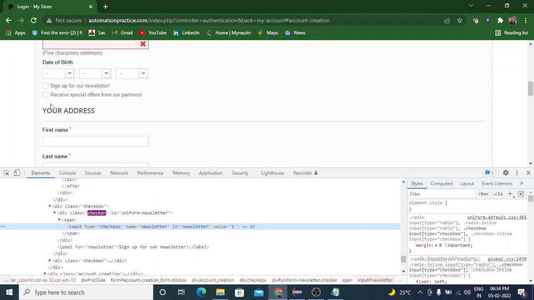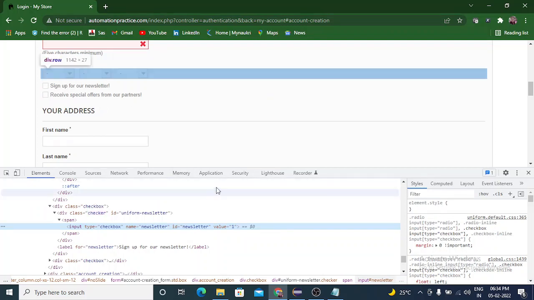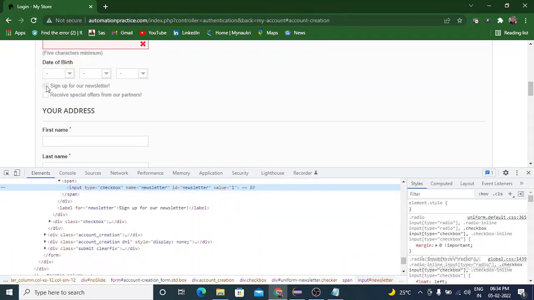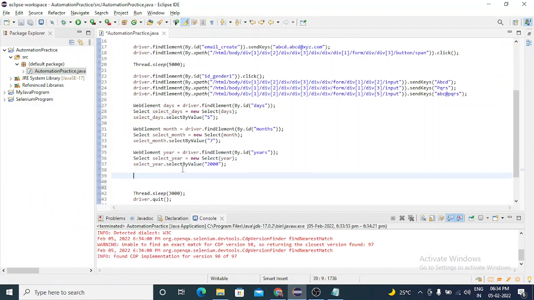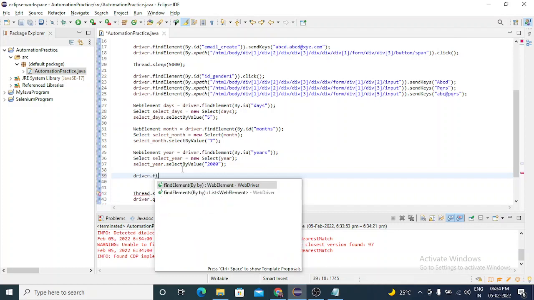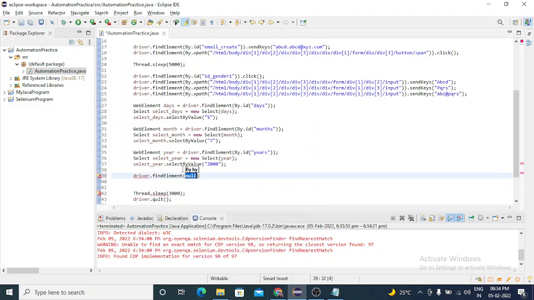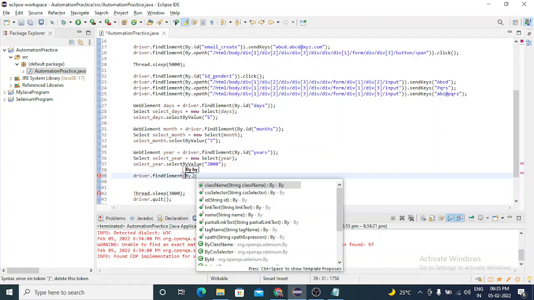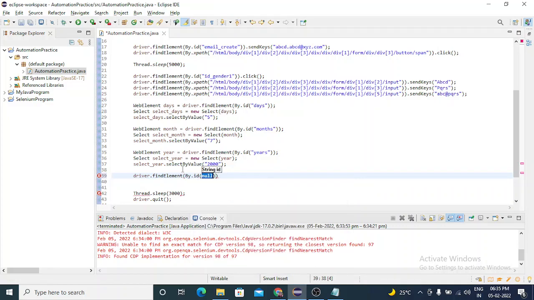Then we'll select these checkboxes. Same like the radio box, we need to click this. The ID is there, I copied the ID for that checkbox. I'll use driver dot find element. Please remember this, that the find element method returns the web element type. The return type is web element, dot ID we have selected, right?